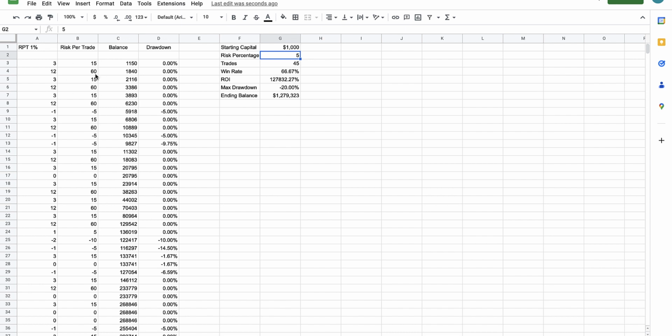Using this strategy and just making a 66% win rate on 45 trades, we were able to grow this $1,000 into 1.2 million in 45 trades with a 66% winning rate. And the maximum drawdown on this scenario was 20%. Now, even if we don't achieve the full of this result, even if we achieve 10% of this result, we are still doing 100 and something thousand. So this is a very good strategy when coupled with this